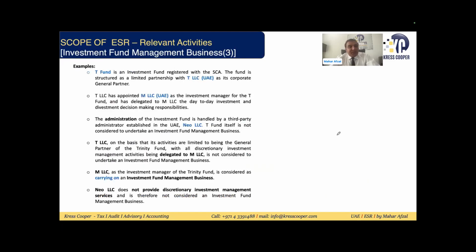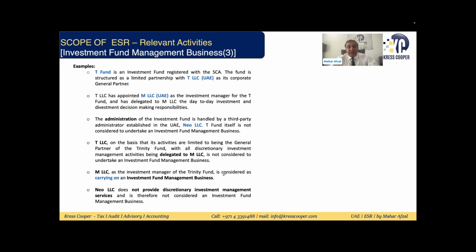Just look into this example. T fund is an investment fund. In this fund, you can see one company is providing support services, one company is providing non-discretionary services, and one company is providing discretionary investment services. So, discretionary investment, they said